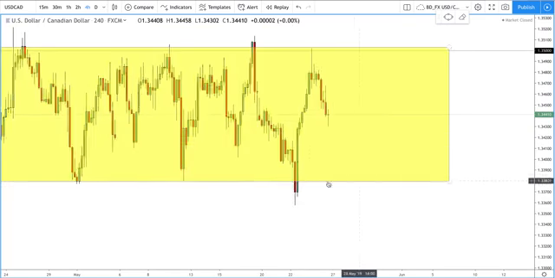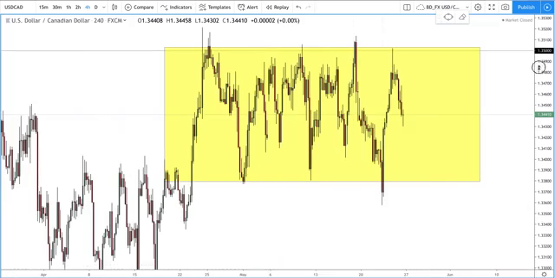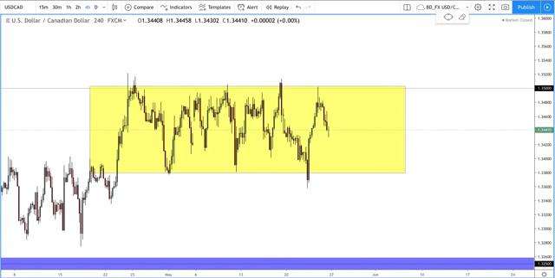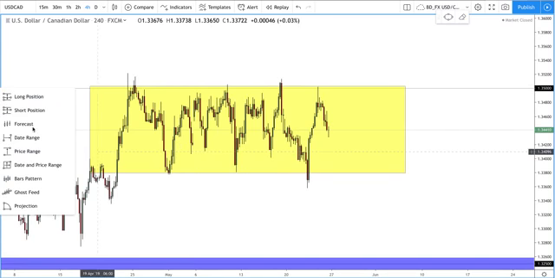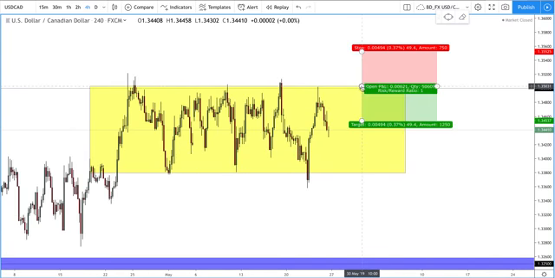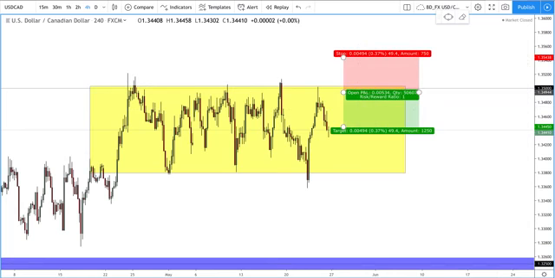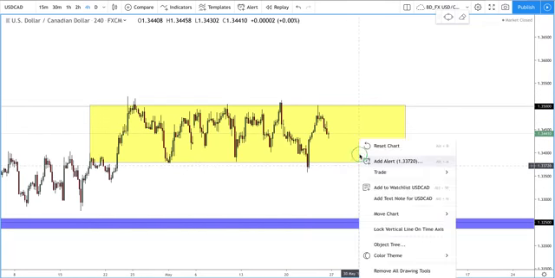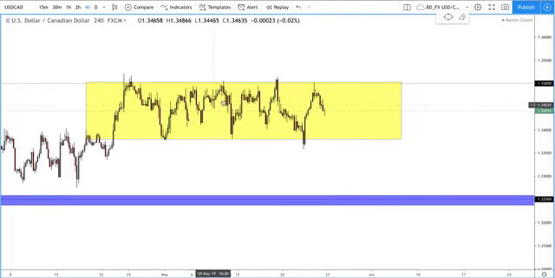I would take profit at the bottom of this sort of range. If we're not in this trade at the moment, I'd stand aside because we're right in the middle of that range and we could push back up to the top of it again. I would only recommend getting into this trade if we come back up towards the top. So maybe just stand aside on that, but I do prefer USD CAD to come down and test the bottom of these lows. And hopefully this will be the week we can get out of this consolidation zone and break down lower.